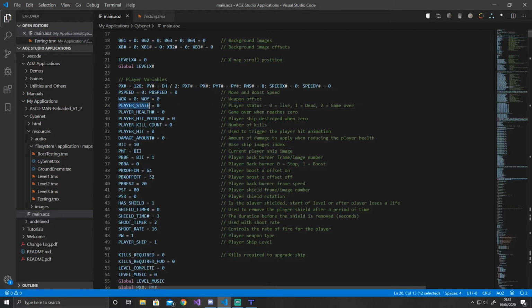Player state, so there's 3 states that are used in the game. 0 means that the player's alive, 1 means they've exploded, and 2 means that it's game over. And player health, that just tracks how much health the player's got. Hit points,